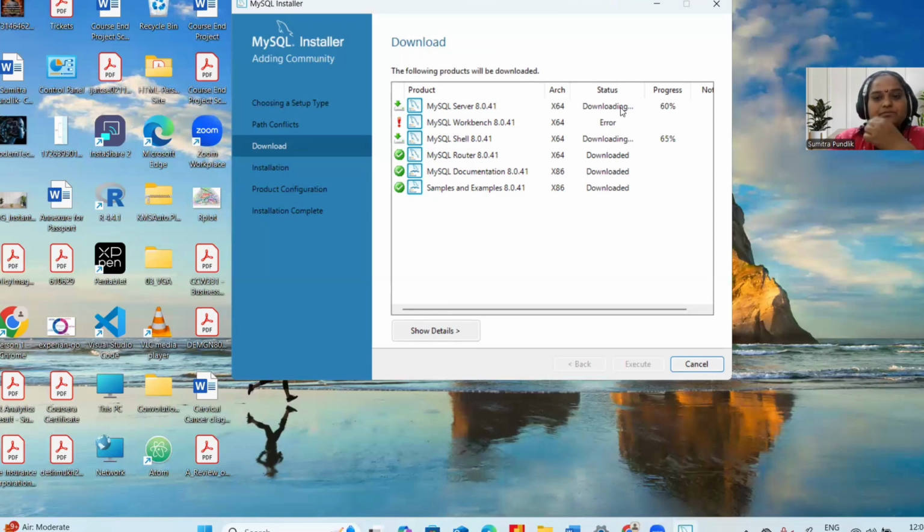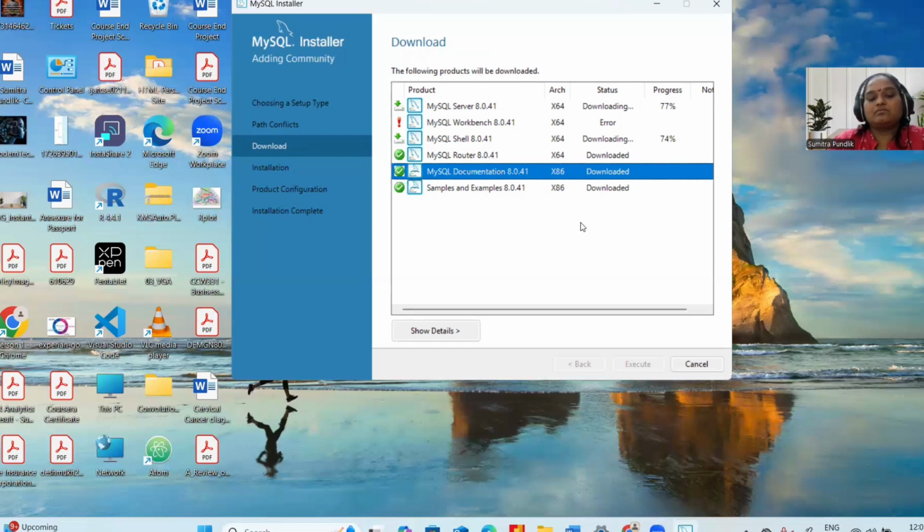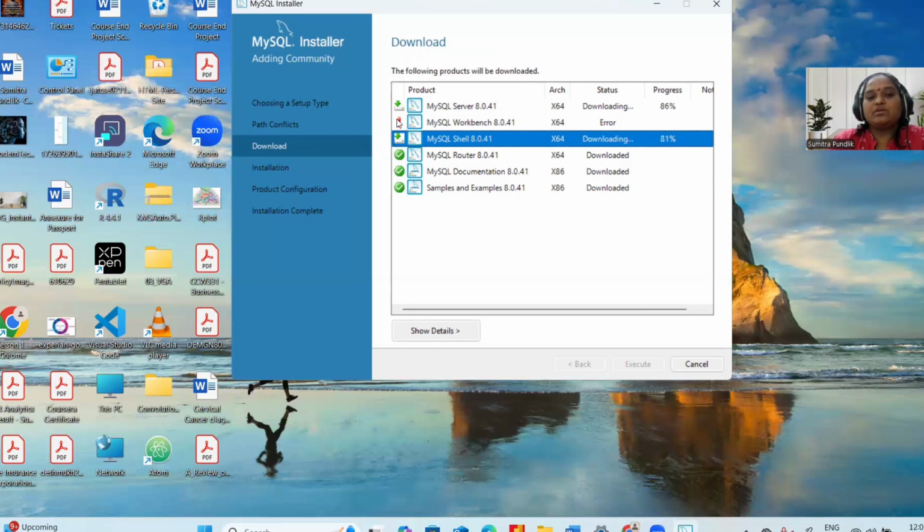Okay. And if it is unable to download, then you will get a status of error. Don't worry, we can resolve this.